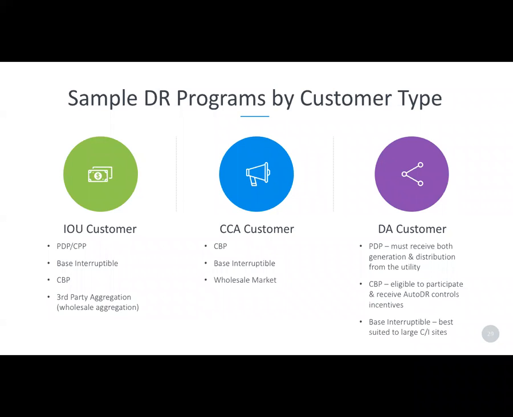And I'll quickly touch on the last two. So one is base interruptible, and this program provides load reduction on a day-of basis when the California Independent System Operator issues a curtailment notice. This is generally only for very large commercial and industrial sites, like cement plants or asphalt plants. But if you can participate, it is a good program. It does not qualify for AutoDR controls incentives, but it's good to mention because it is still a program offered